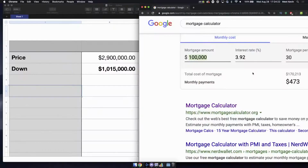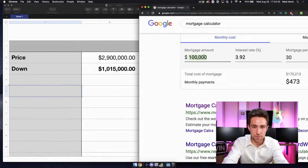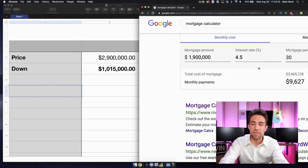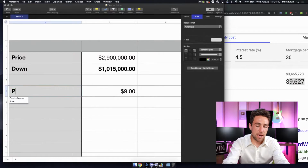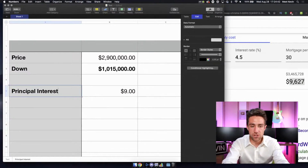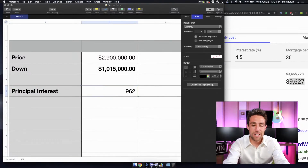So let's play with the actual numbers themselves a little bit, and let's just see what we get. Watch, I'm going to show you something else that's interesting too. If you go with a loan here of, let's say, $1.9 million, and you get financing on this at, say, 4.5%, your monthly payment for just principal and interest on this deal is